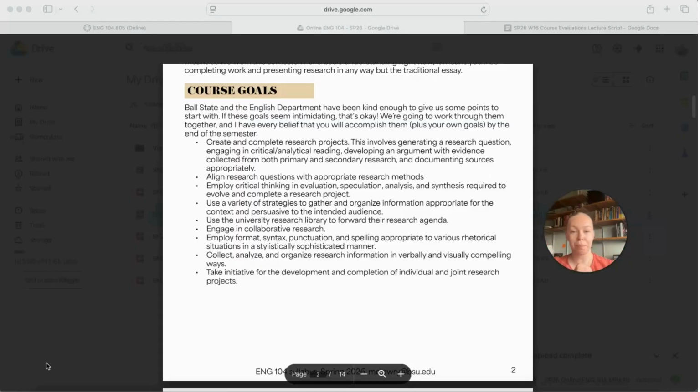Our next goal was to use a variety of strategies to gather and organize information appropriate for the context and persuasive to the intended audience. So you've had an audience assigned to you for every project, and we've talked about ways for you to reach your audience effectively. We've also practiced different types of research, like primary and secondary sources. Did you use the university library to further your research agenda? Well, you had the Search Smart tutorial early on in the course,